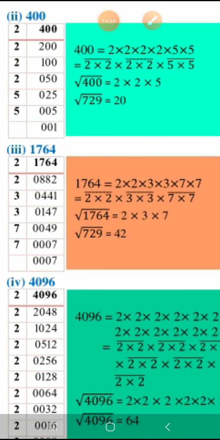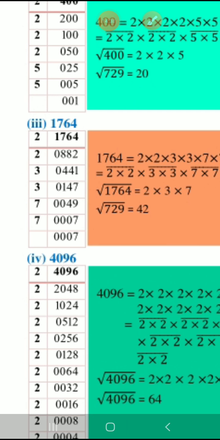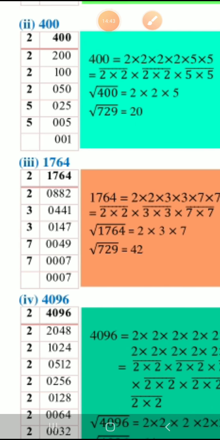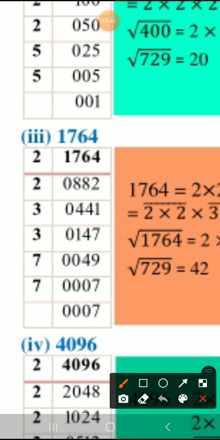Next problem we can see, 1764. This is a little big one, but we always start with 2 if possible, maximum possible with the 2, and then if not possible to divide, you can try with 3, then 5, and then some other number, but always you have to start with the smaller number. Okay, so look here. Here children, you can see, the first number is taken as 1764, and the first number I have taken as 2. So 1 is less than 2, so we'll keep 1 0, right? If you cannot keep this 0 also, it's no problem.